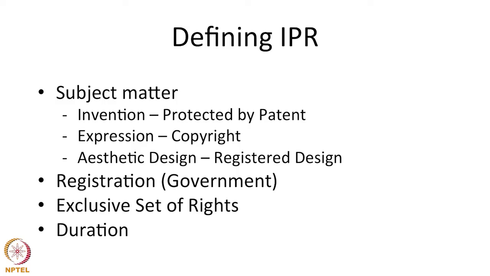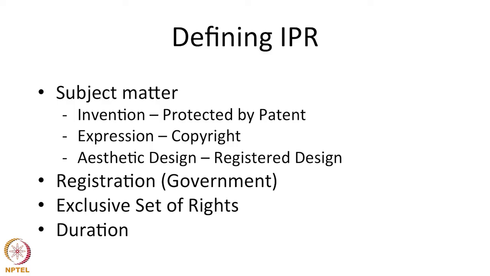We should try to understand the scope of a registered design is for things that are aesthetically pleasing to the eye, and the test is what the eye can see. So, when functional elements are tied to the design, right holders normally do not go and get a registered design for it. They have multiple rights. First, it's a trademark. Then the thing can also be copyrighted the way it looks, because almost all cartoon characters were at some point subject matters of copyright. So, you cannot create that image in any other form, and that violates a copyright. And copyright, as you know, it's the life of the author plus 60 years in India. So, it's quite a substantial right.